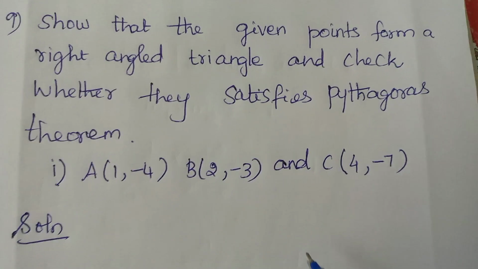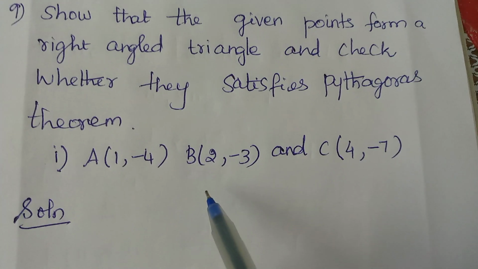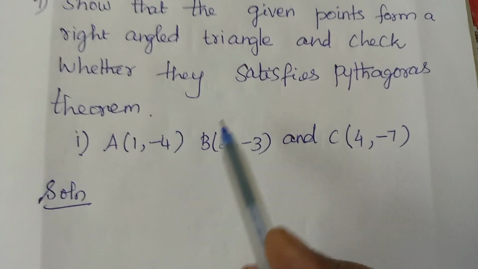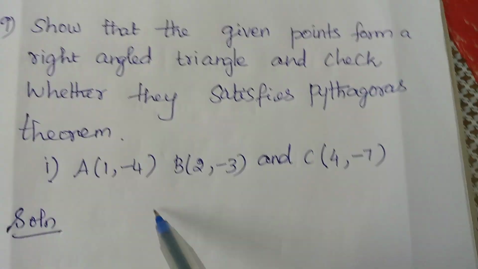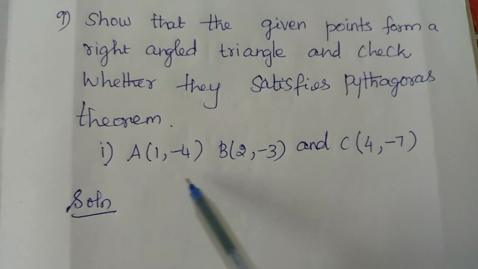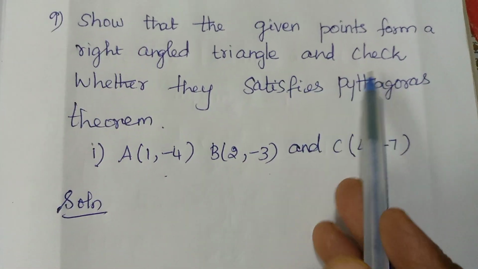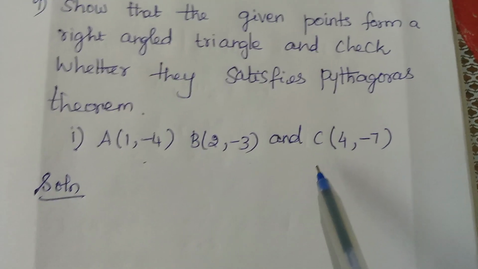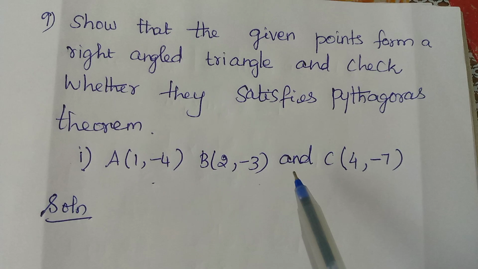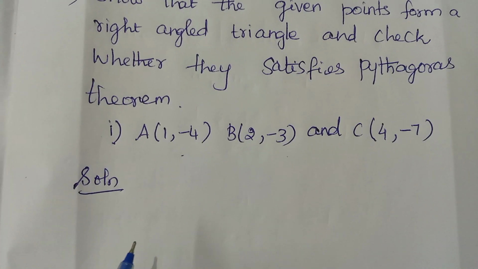Here two subdivisions are there. Let us do the first one as classwork, second one homework. Okay, 9th question. Second subdivision homework. So in the first subdivision, the given vertices are A, B, C. We have to check, we have to verify also. So it is a somewhat lengthy question, so listen carefully. First of all, what to do now?